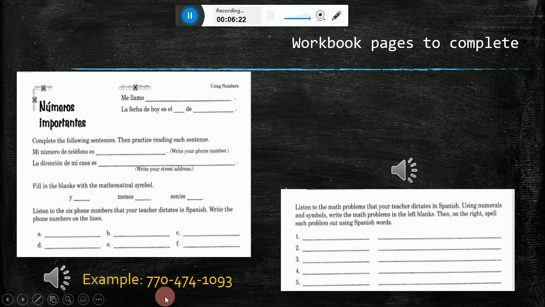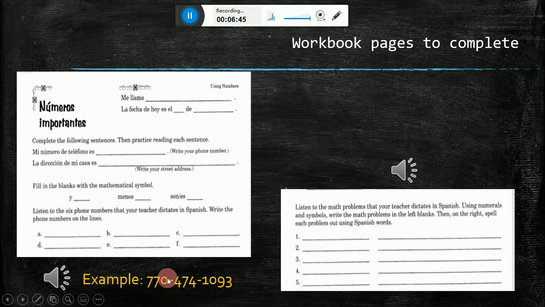For this section, we will only complete A, B, and C. So I will look at the example first. The first 6 digits I will say as single digits, and the final 4 digits I will say as 2 separate digits. So for example, this number would be